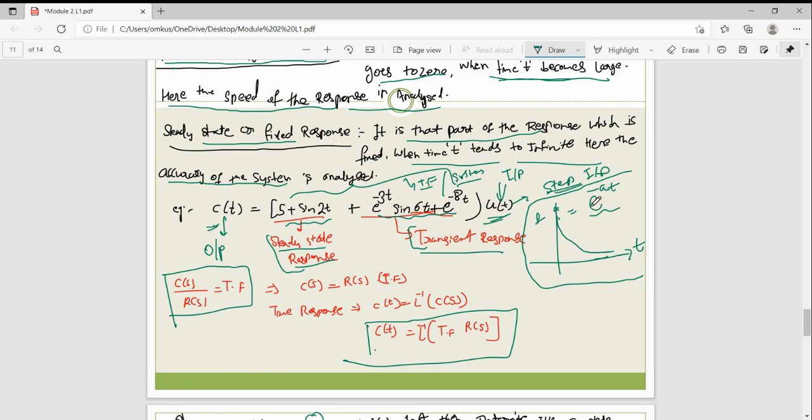So when you draw the graph of the response, you will find that after a particular time instant, it will go to zero. Now you can easily comment by observing this output equation. Whatever part contains this exponential term with a time decaying factor, that is the transient response, and the rest of the terms show the steady state response.